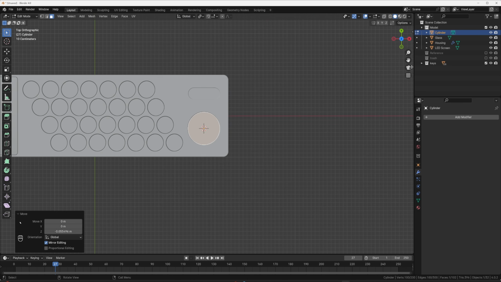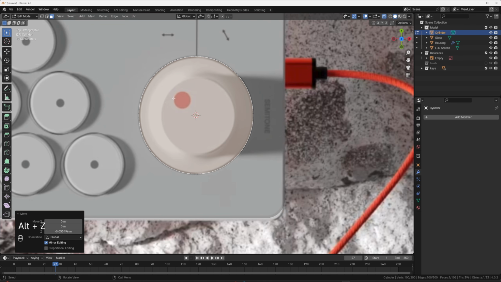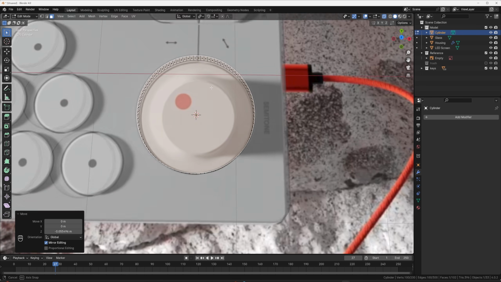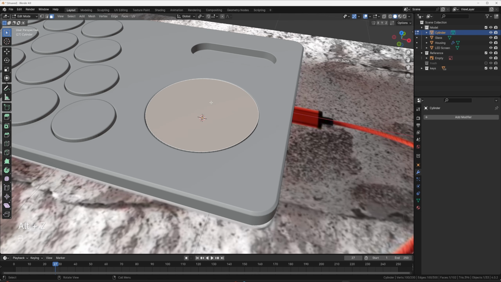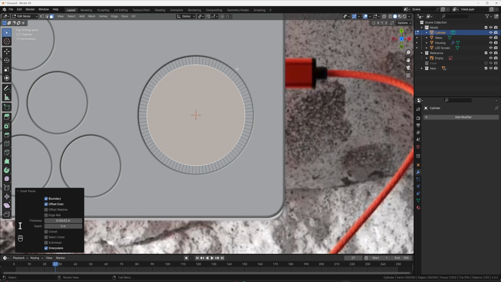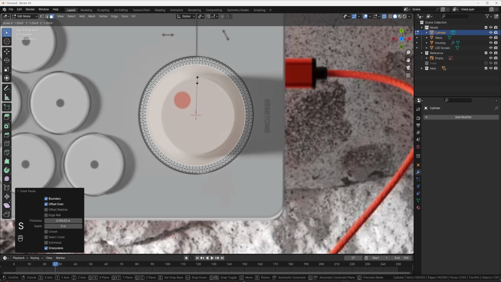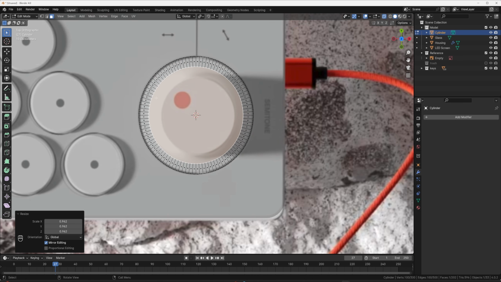In the top view, I'm going to turn my reference plane back on and then Alt-Z. Basically, I just want to see kind of the diameter of this circle. I know it's not going to be exactly the same, but I'm going to go out of X-ray mode, select this top face, back to the top using tilde, inset, and then Alt-Z. It's kind of hard to see, but right in this area, you can see that's where it starts getting raised. So this is kind of like the flat portion.